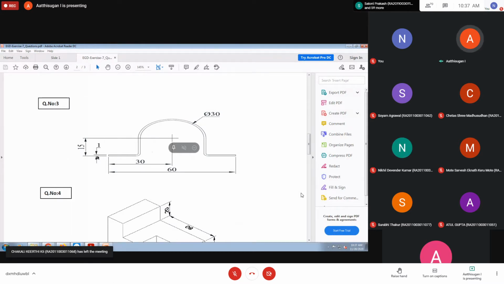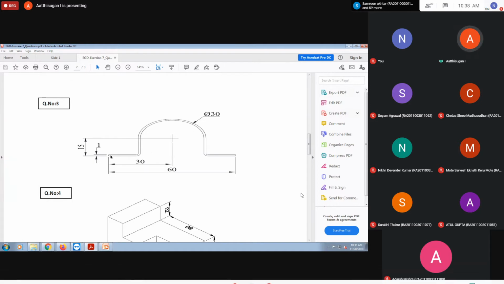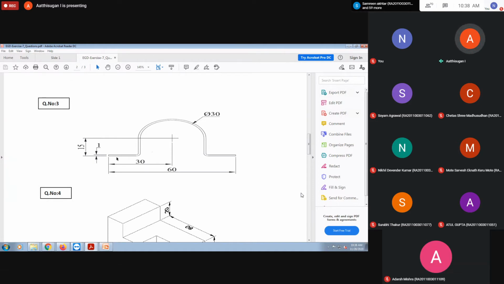For this we use offset, I will come back later. You draw only 15 mm height. I'm drawing this profile. Imagine I'm drawing the inner profile, not the outer profile. You might take it as 14 mm, but I'm drawing only the inner profile because they have given only the inner profile diameter. The outer profile is different, that is thickness. So I'm drawing only the inner profile.